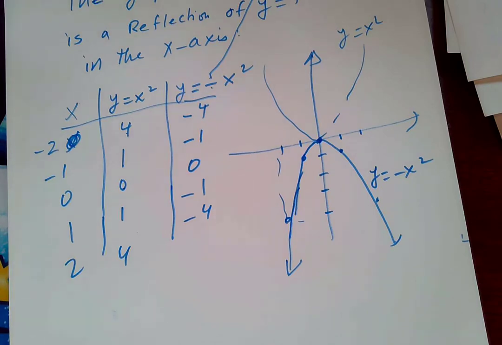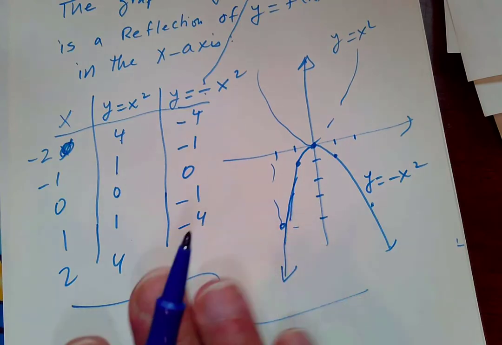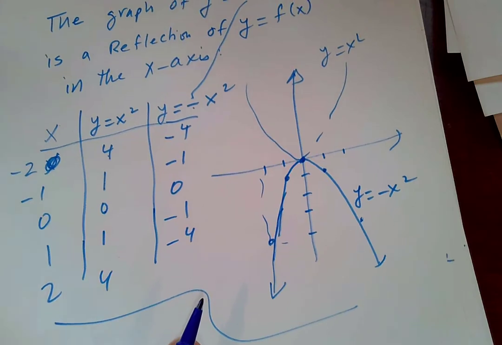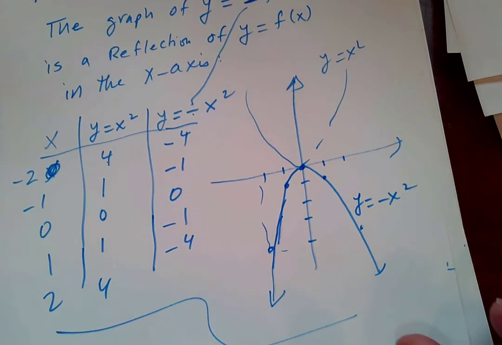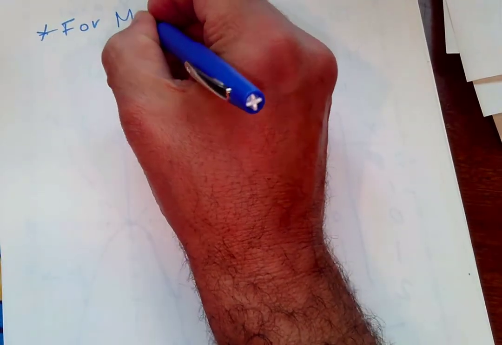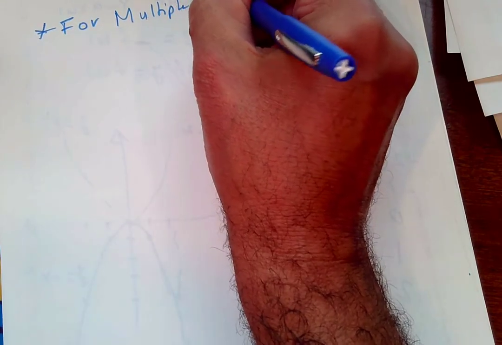Okay, so now what if we have multiple transformations or shifting within the same problem? So what we want to do, if there's more than one that needs to be done, we got to do them in order. Which order do we follow? Here's what we need to do. So for multiple translation,